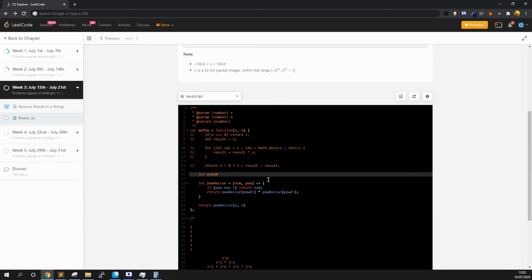So let even n equal, if x n modulus 2 equal 0, then we would return n, else we return